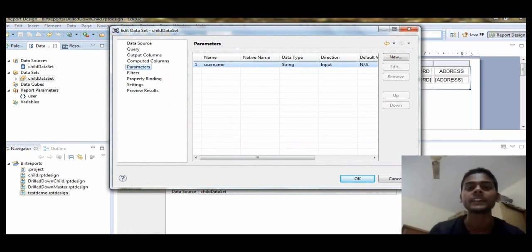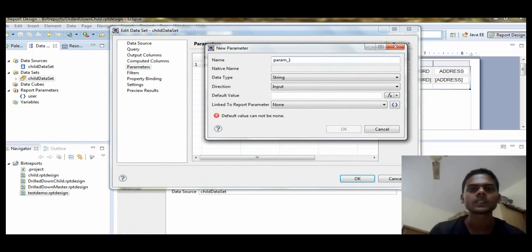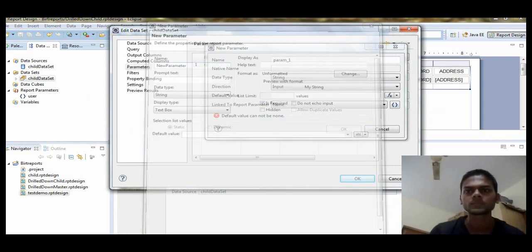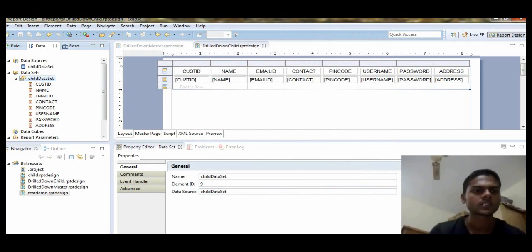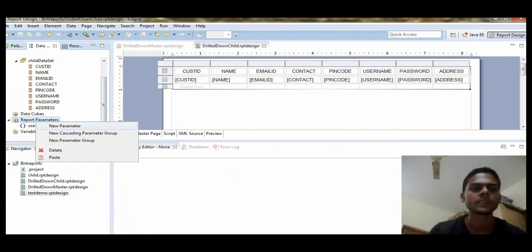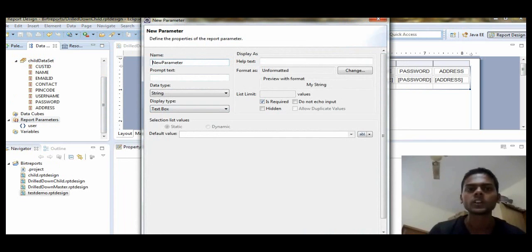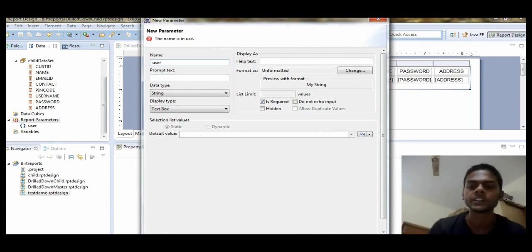Here you can create a new parameter, name of the parameter. First you have to make a report parameter. Right click on report parameter, click on new parameter. On new parameter you have to give any name, like I have given a name user which I have already created.